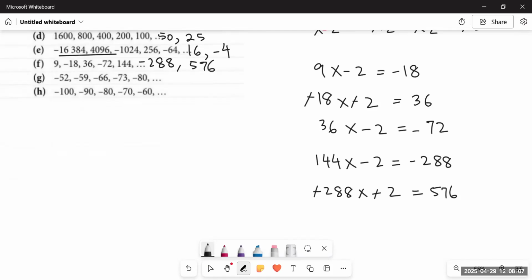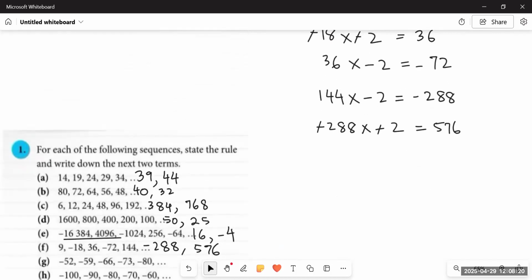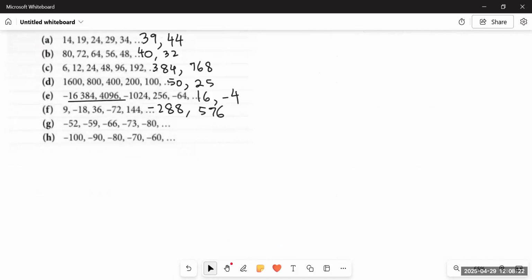Okay, students, how easy it is. Just follow some tips and tricks and your answer would be absolutely correct. Now, in the last two parts, you will see that the numbers are either all positive or all negative. So it means it involves all four operations: addition, subtraction, multiplication, or division, any of the four, because the numbers are no more alternately positive and negative. So let's see what is happening over here.